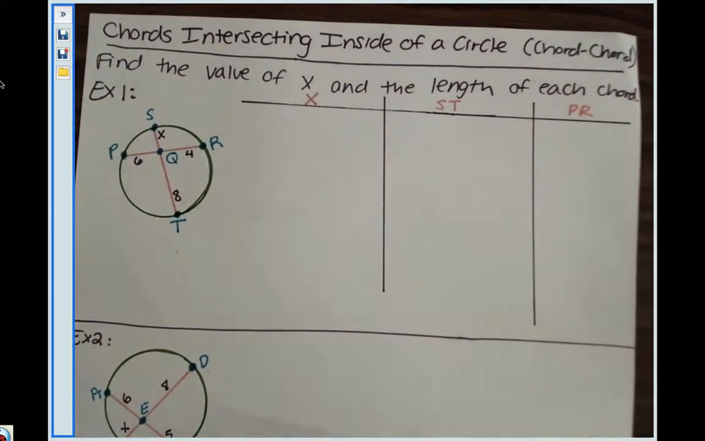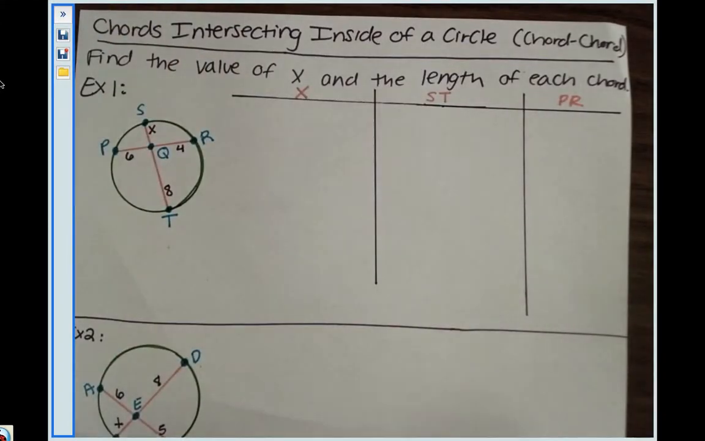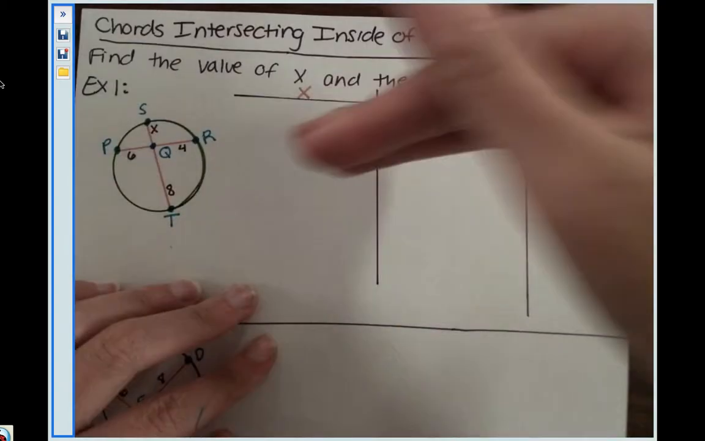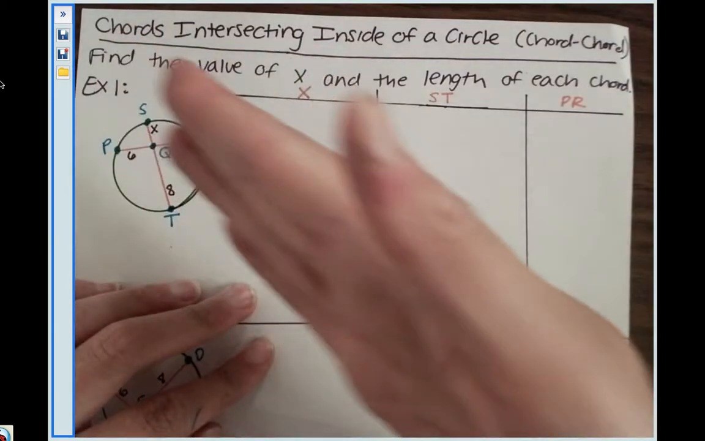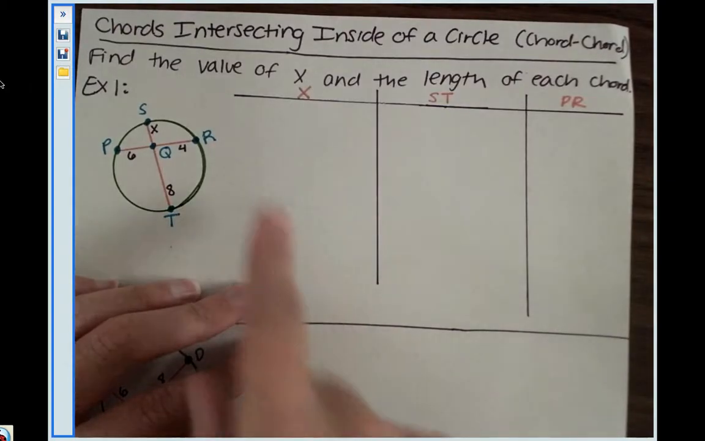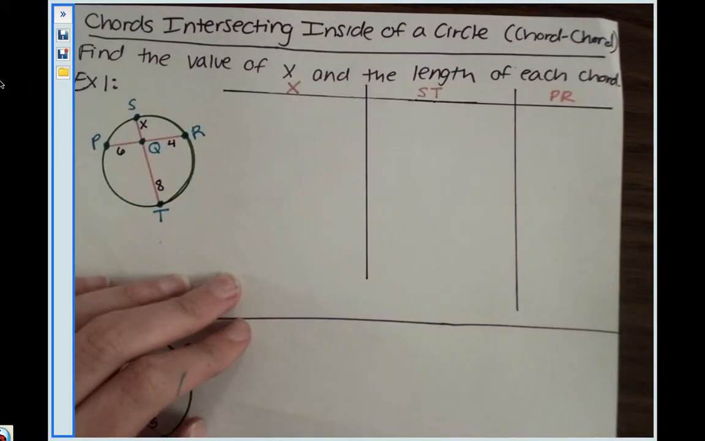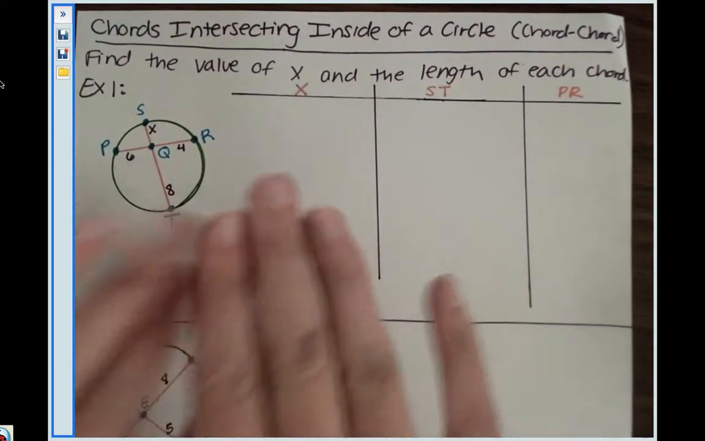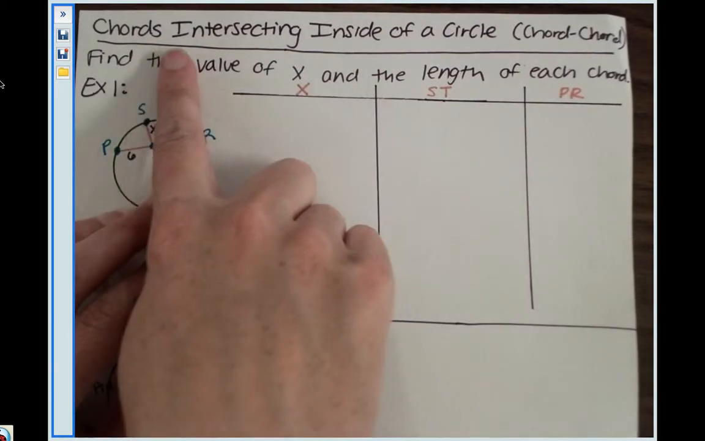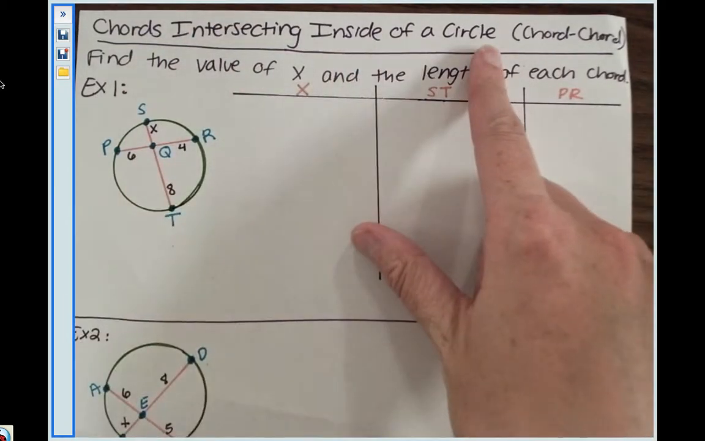Hey everyone, we're going to be talking about lots of nifty segments that cut through circles and are tangent to circles, and there are going to be different relationships of the values on those segments. So we're going to talk about this first one, which is when chords are intersecting on the inside of a